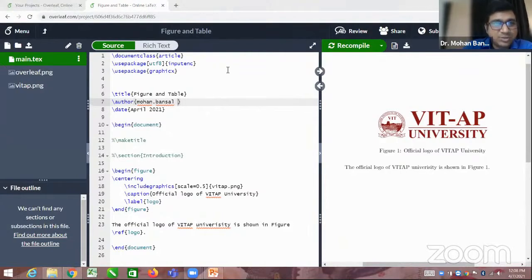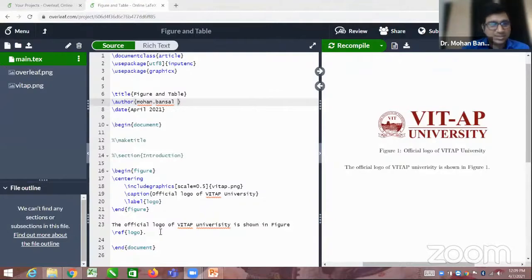Please respond in the chat box if you are done, because we have to cover table and figure in the given time. Participants, respond in the chat box if you are done. Okay, I hope all of you are done.